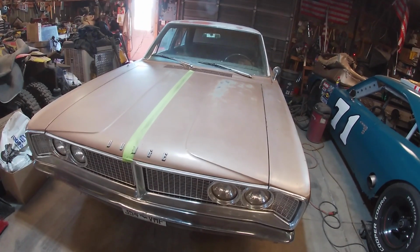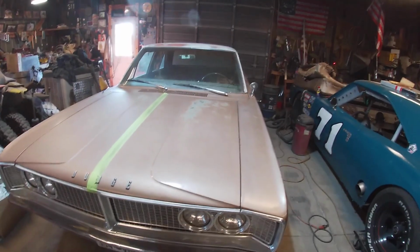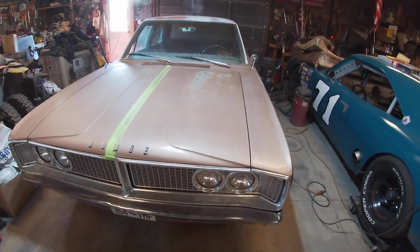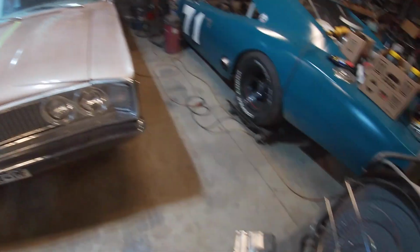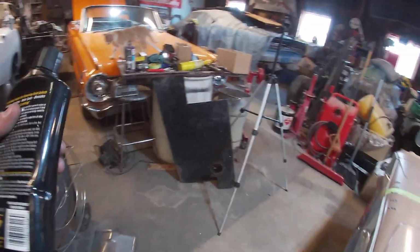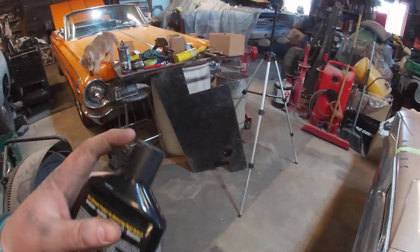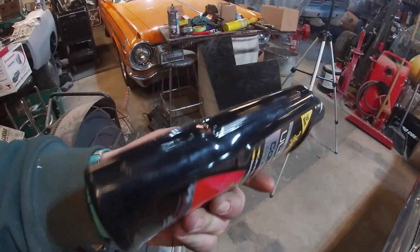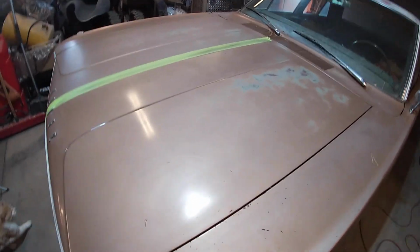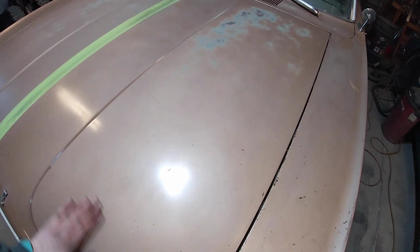Well, not exactly the best time to be doing this. All my products I'm trying to use are frozen, so I was heating them up in front of the heater, trying to get some use out of them. I finally got my Meguiar's stuff to heat up enough that I could at least unscrew it, and of course melted the container a little bit trying to heat it up in front of the heater. And then with that, everything was sticking real bad. It wasn't really